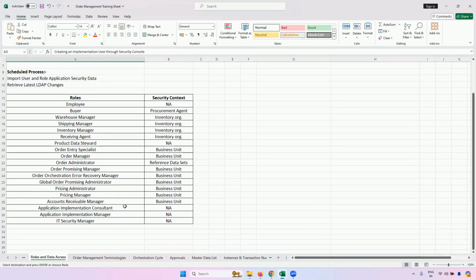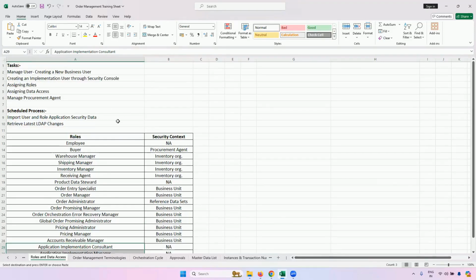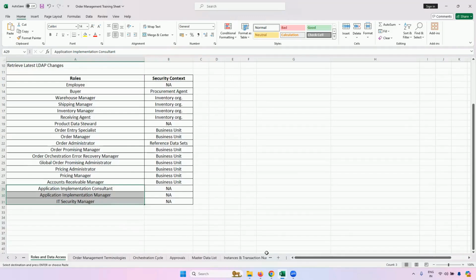So now what I have to do, I have to assign him these 3 roles only. If you remember, I hadn't assigned these 3 roles to the previous user because obviously any organization will not want any business user to be able to set up the task, right? So that is the distinguishing factor between a business user and an implementation user. Now this implementation user will not be able to create any tasks or do any transactions. So now let me give him the 3 roles, which I'm showing you.